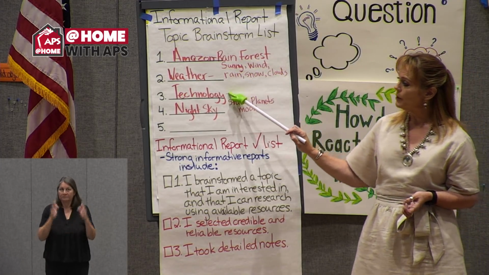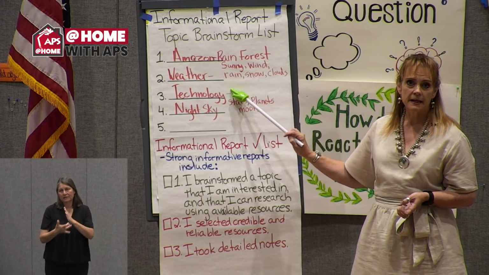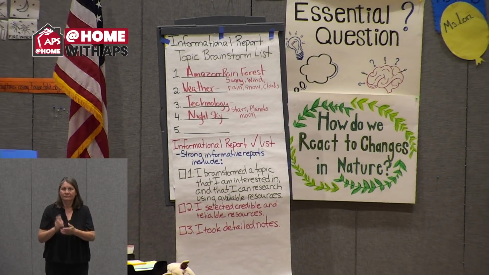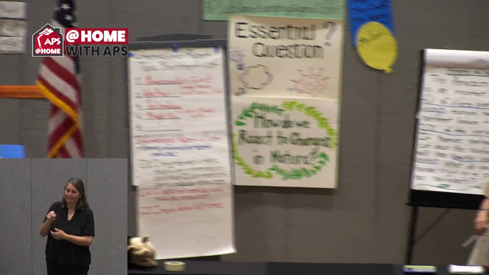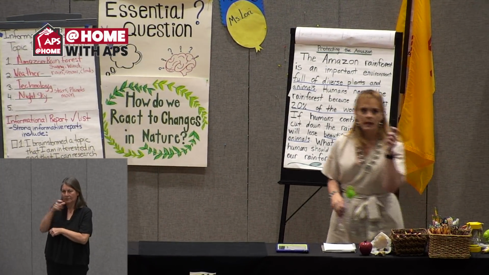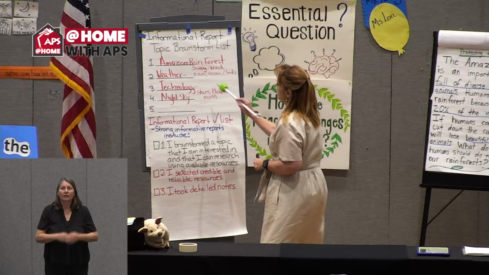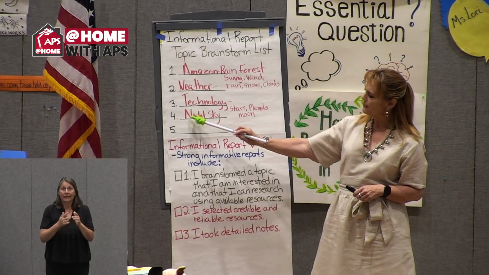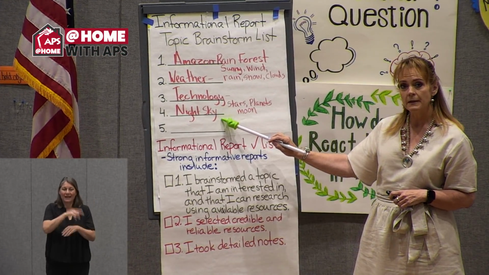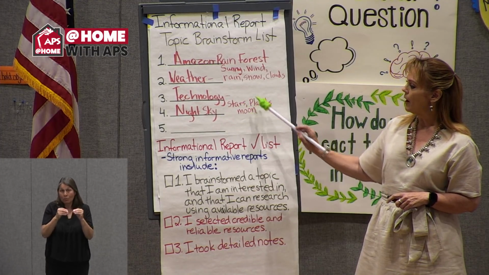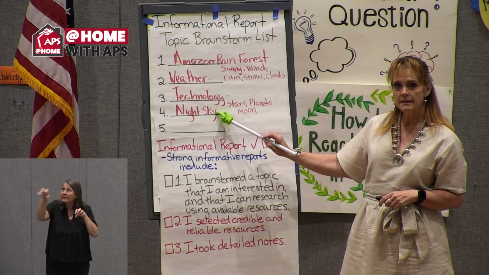Then we had the word technology, because technology was our focus of our learning the last couple weeks that we were together. I need to get a pen. What color do I want today? Let's see, I used red yesterday. I think I'm just going to use a nice thick black one. So we talked about technology, and you could have different types of technology. And then we talked about the night sky as maybe being a topic that we would like to explore. And the stars, the planets, and the moon are all things that are found in the night sky.